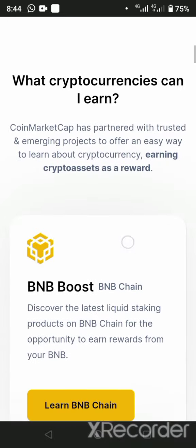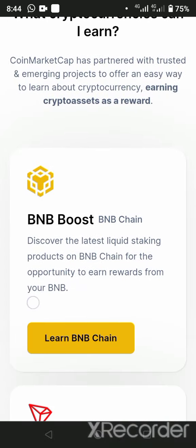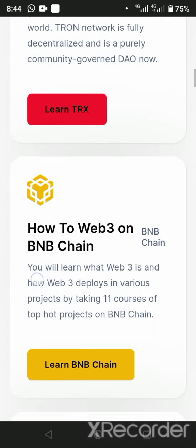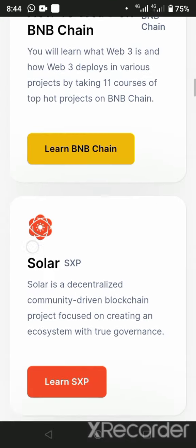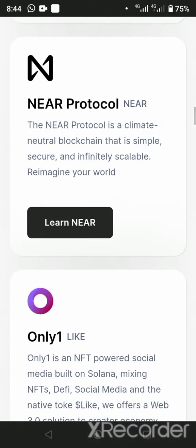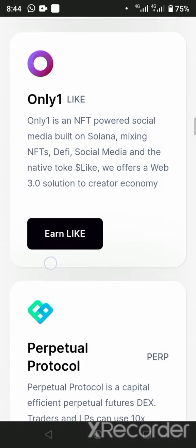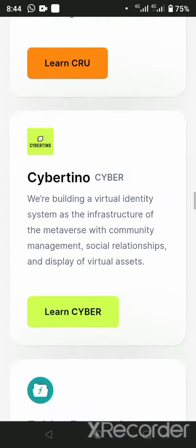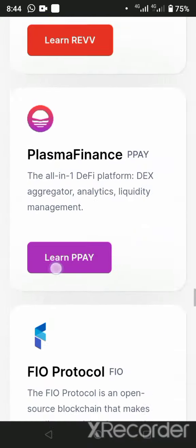And there are various courses here. These are courses about BNB chain. These are courses about TRON. These are courses on Web3 on BNB chain. These are courses on the Solar, Oasis network, different protocols, Near protocol, Perpetual protocol. All these things are projects that have brought in money.